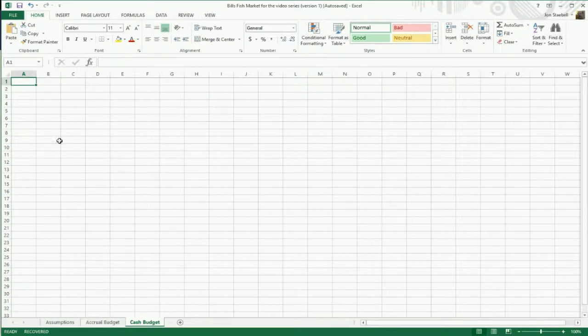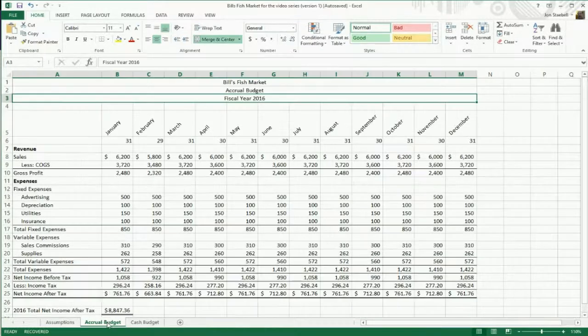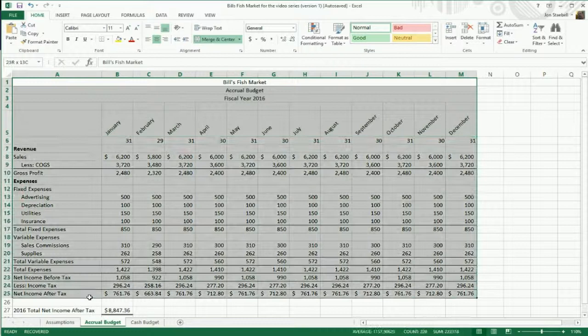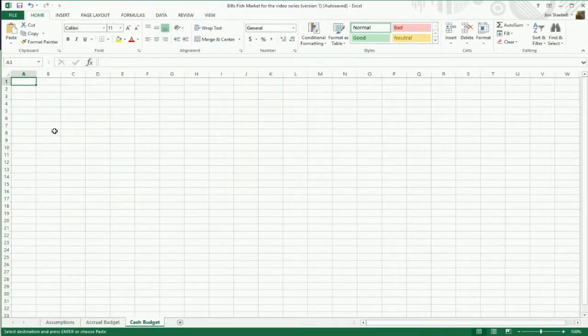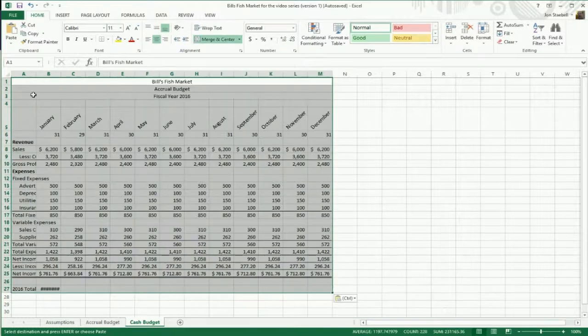Now, for the cash budget, we're going to want a three-line header, and we're going to want the columns for every month, and we're going to want all the rows, very similar to what we did for the accrual budget. So rather than retype all of that, why don't we select everything that we did there and copy it. I'm using Control-C, but you can right-click and select copy, and then go over to the cash budget and paste it. And now we've got